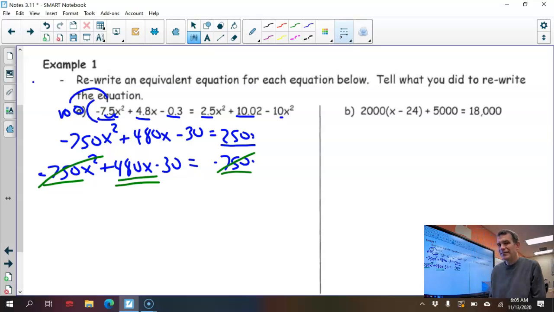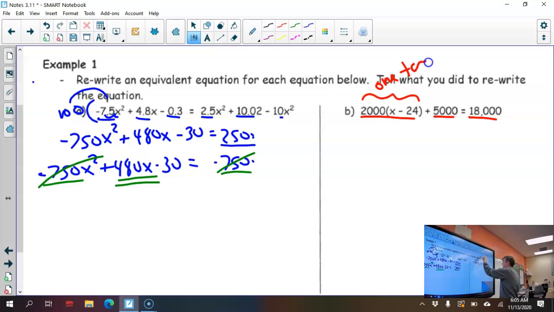Instead of multiplying by something, in this one I'm going to divide by something to get rid of all the large numbers. I notice that these numbers are all in the thousands, so I can get rid of them if I divide everything by 1,000. Now the tricky part is right here. This is all one term. It's two things multiplied together, which makes it one term. So when I divide by 1,000,